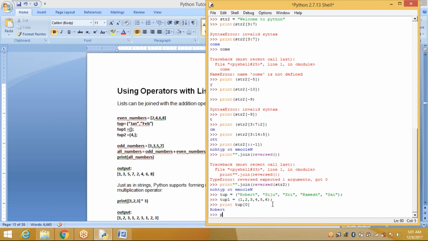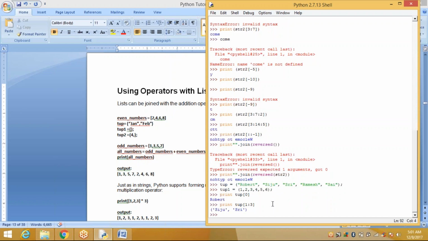Next, print in the range. Within the range, I want to display 1 to 3. That is tuple. See here, what are the values displayed? 0 and 3. Okay.